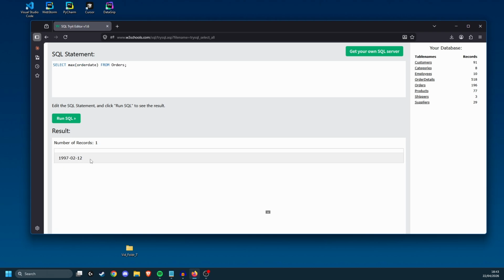So to get a full month, we're going to want to look at January. So let's paste our query back in. And for here, we're going to add a where clause. And we can just do where order date between two dates. And that will be 1997-01-01 and 1997-01-31. Now this is going to fail because we're comparing a date to two strings, and